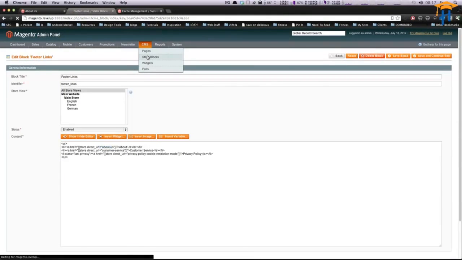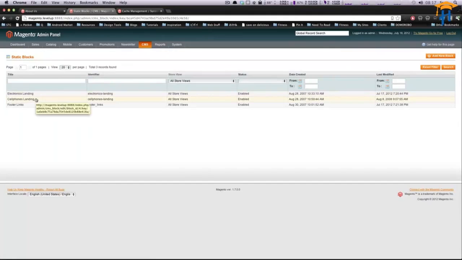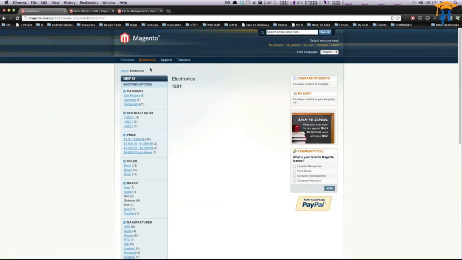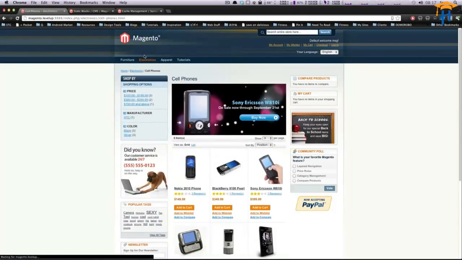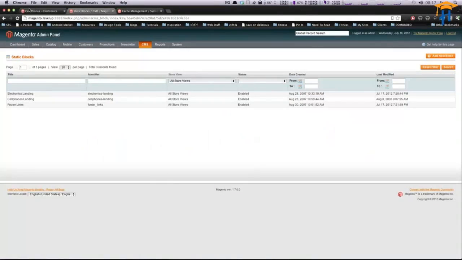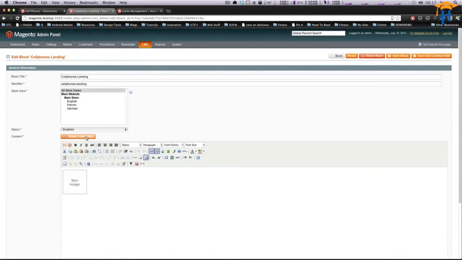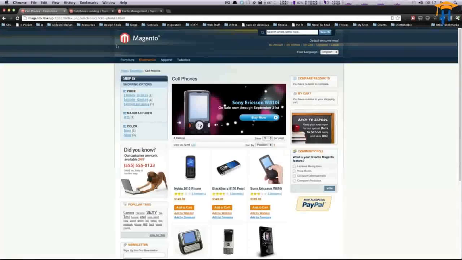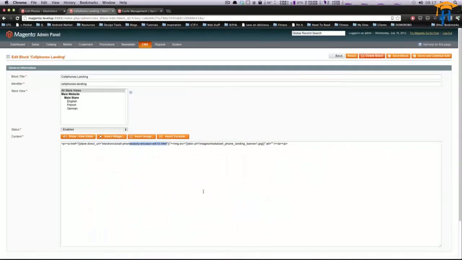Let's take a look at what other static blocks there are. Built into the sample data, you'll have this electronics landing and cell phones landing. Let's go to the electronics page. I've replaced this with test. Let's go to, I think the cell phone. Yeah, no, that's not right. Yeah, cell phone's landing. Let's check this one out. So this is just really this image. If we show this, it's a Sony Ericsson image. So if we click back here, you'll see that this right here, this in particular is the cell phone